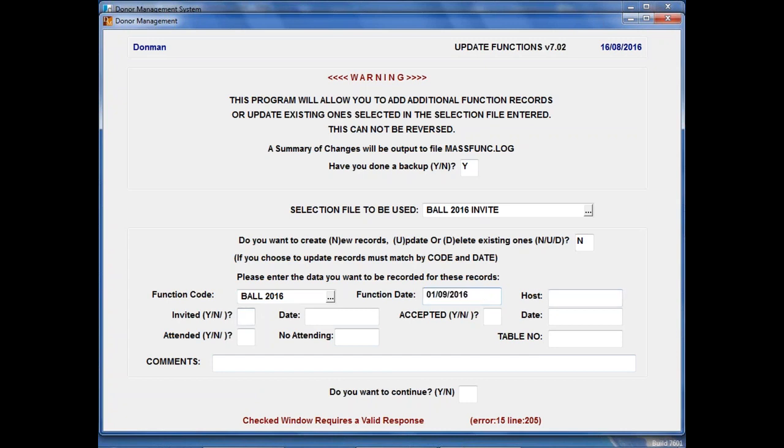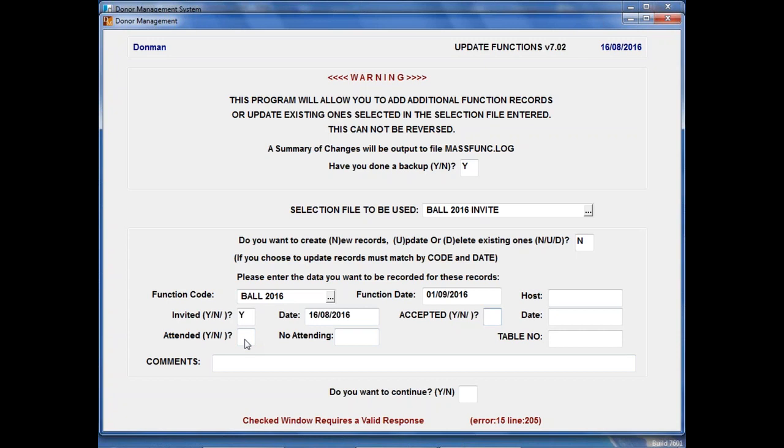Okay. If I go through and say, when I'm doing new records, so I'm doing this very initial step, then the only thing really I need to put in is, yes, I invited these people, and in this case, if I'm doing the invites today, we'll just do today. So in this case, accepted will be blank, and attended will be blank, because I don't know one way or the other at this point. I just want to earmark the people